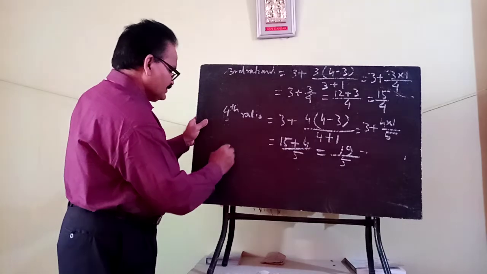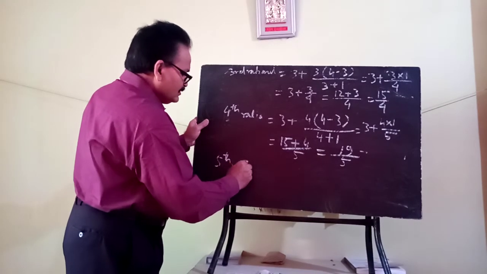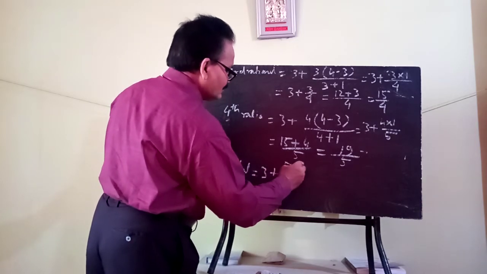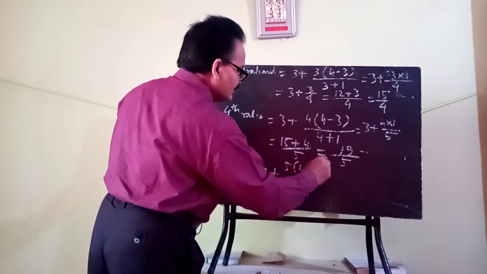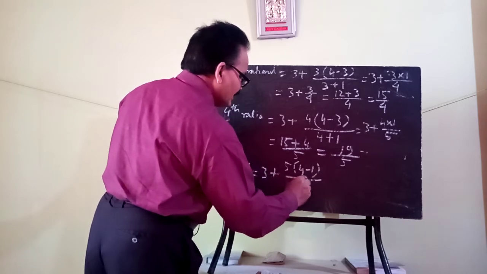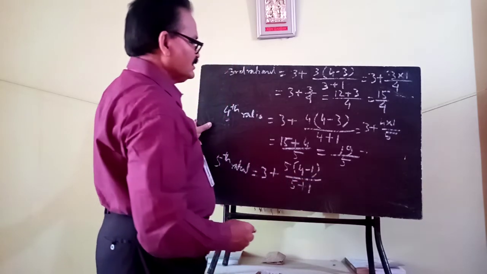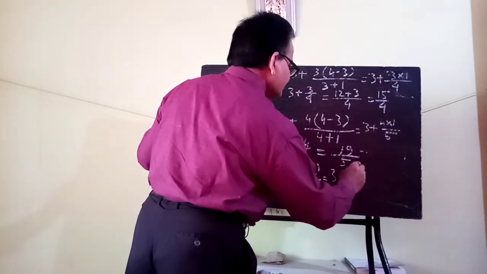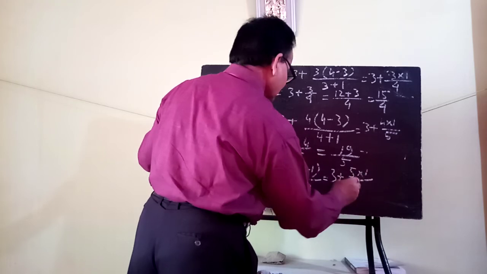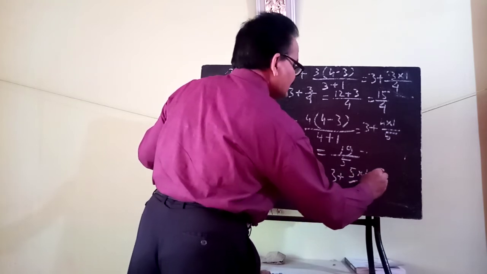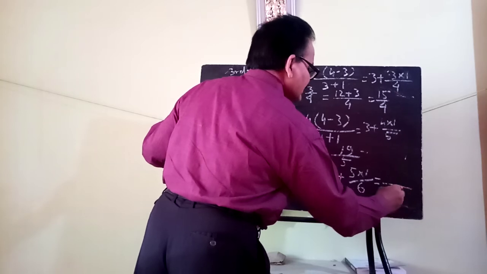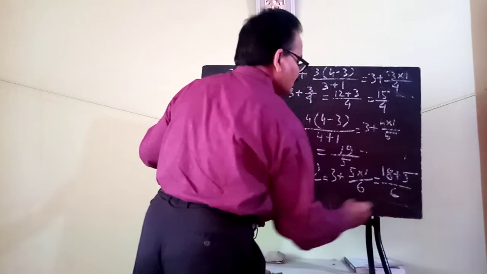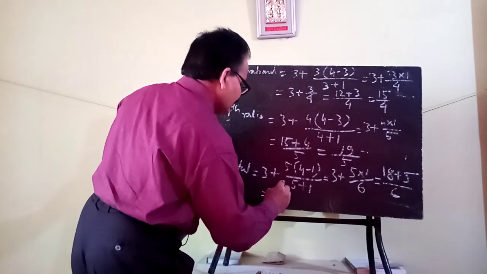Now fifth rational is your 3 plus 5 into (4 minus 3) by (5 plus 1). So that means this is your 3 plus 5 into 1 by 6. So finally LCM is your 6. This is your 18 plus 5. So this is your final answer